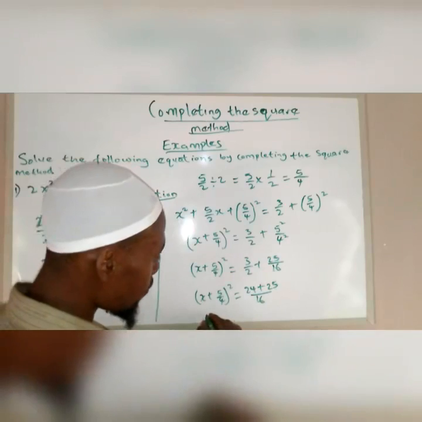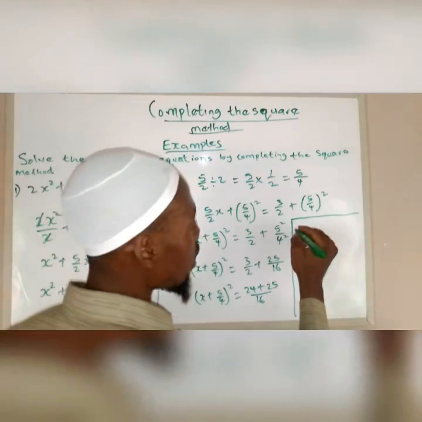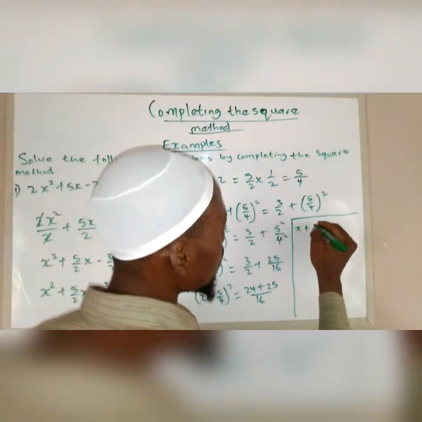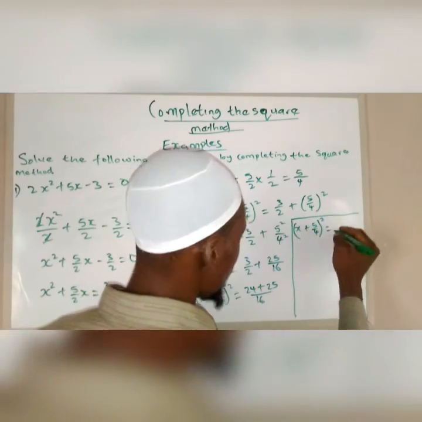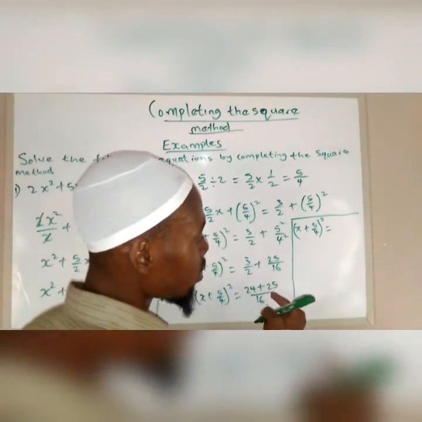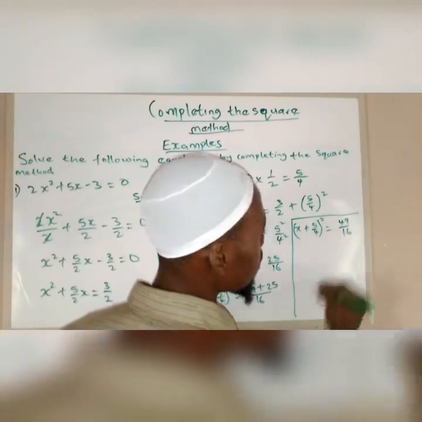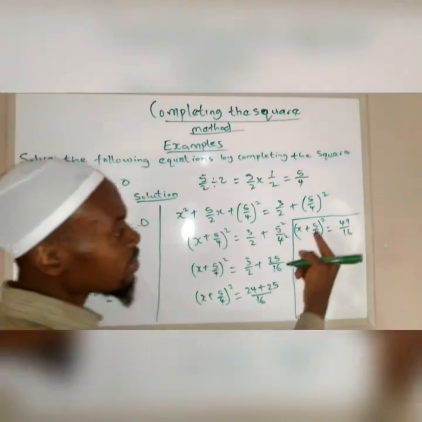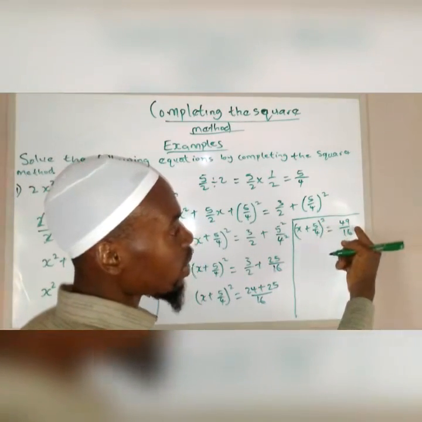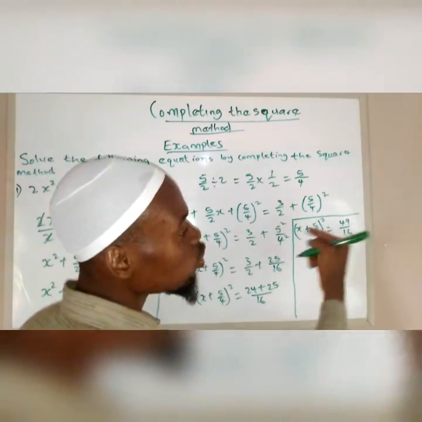So we are going to have, sorry, let me manage the space here. So we are going to have (x plus 5 over 4) all squared equal to 24 plus 25, that will be 49 divided by 16. Now we have 49 divided by 16. Now, as you can see, there is a square here and there is no square here. So for us to eliminate the square here, what we need to do is take the square root of both